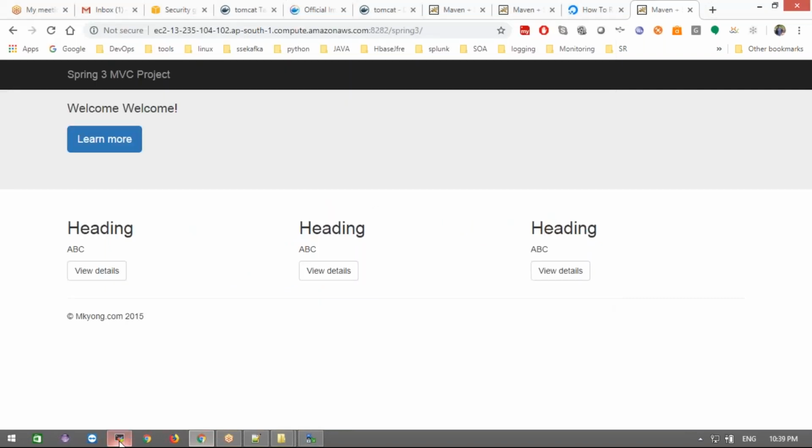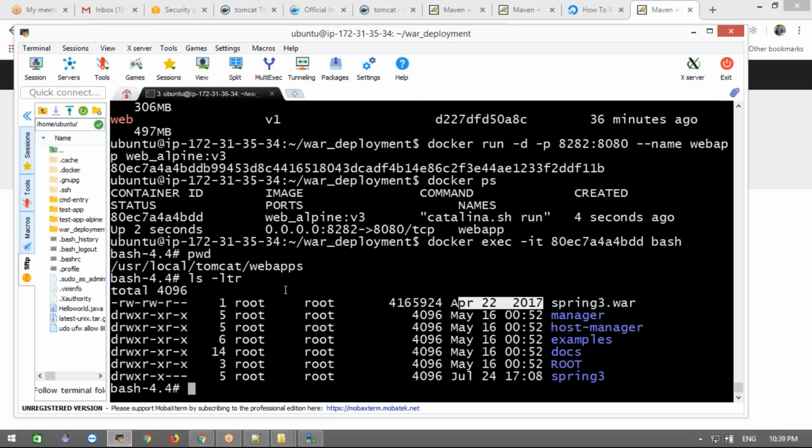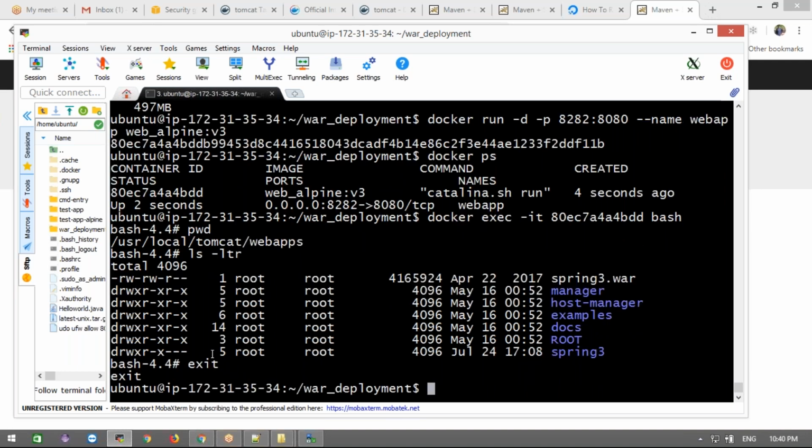Clear guys? How we are going to see this, what the working directory is, and how we can log in, we are seeing this. This is where we are, inside the container, not in the Ubuntu machine. It is in the alpha Linux. Let's exit this. Now let's see docker ps.